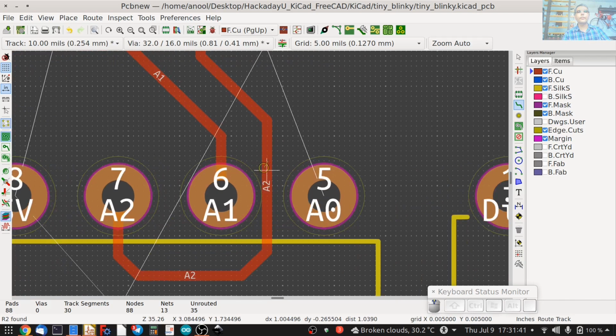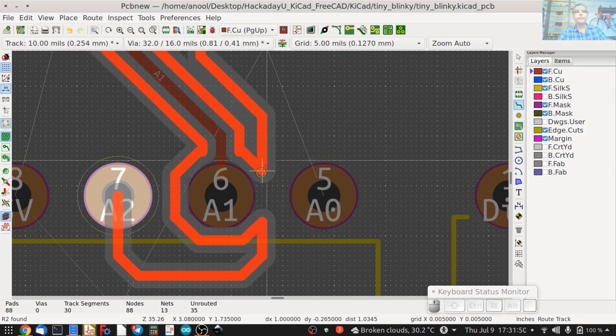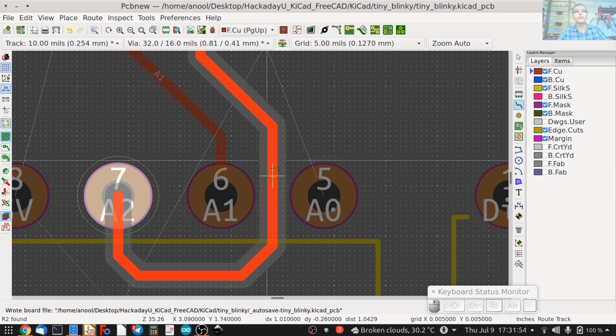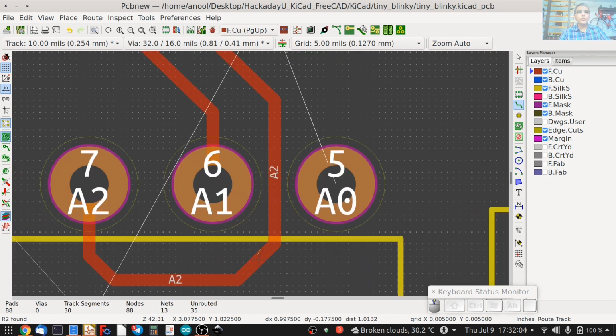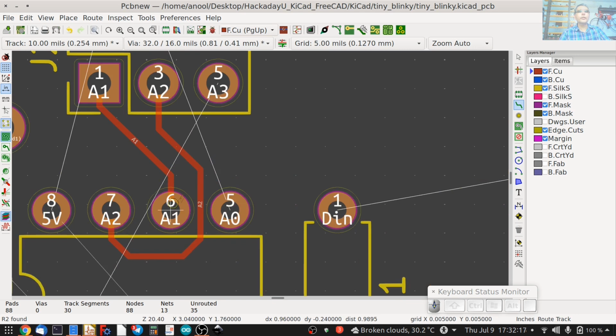If I want to drag this track, I can place my mouse over it, D for drag, and then I can move it around like so. And this effect you're seeing is what is known as interactive routing, where the track goes around any offending obstacles that it finds. And we'll take a look at it a little bit later. I can again maybe increase this chamfer a bit by putting the mouse here, D to drag, and then I can drag it like so. So that's the second track laid out.